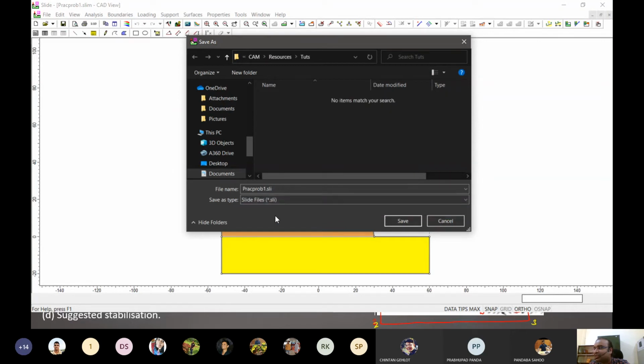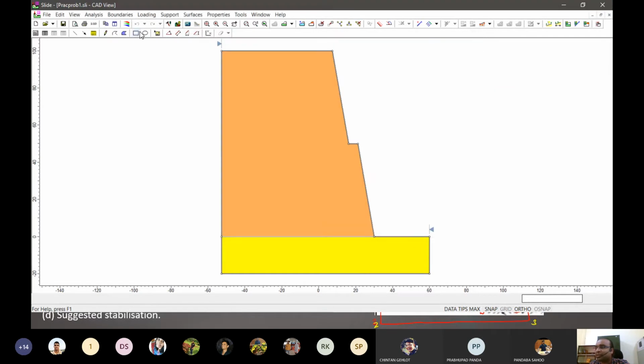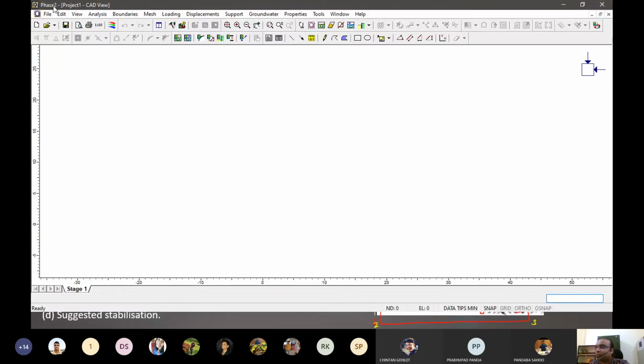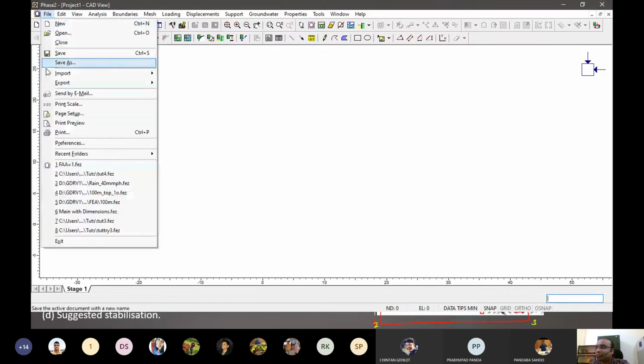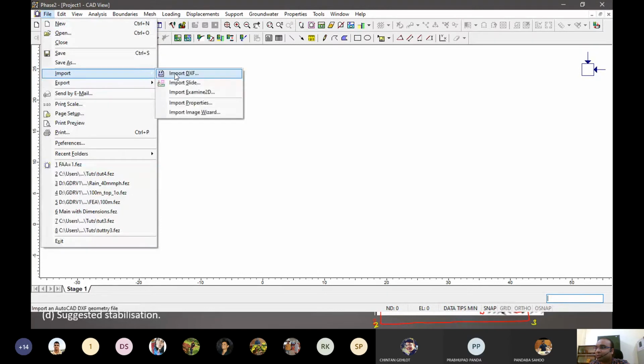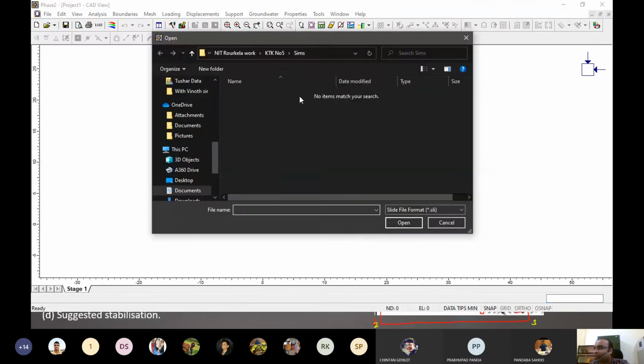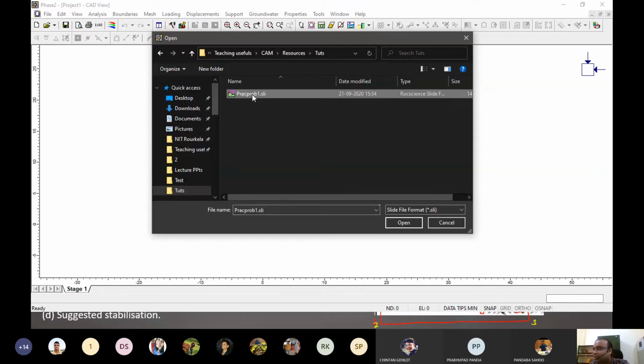SLI basically holds more details, so in order to import it, it will be easy. So I have saved it as SLI. I think that will be useful. Now in phase, we import it by importing the slide. And if we see now, it is available.